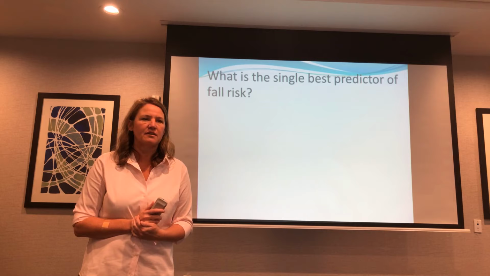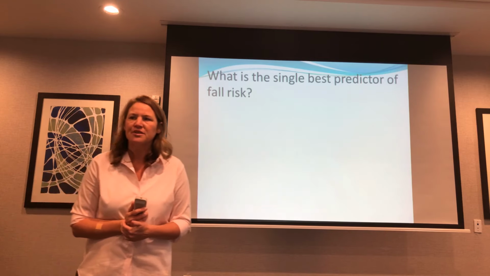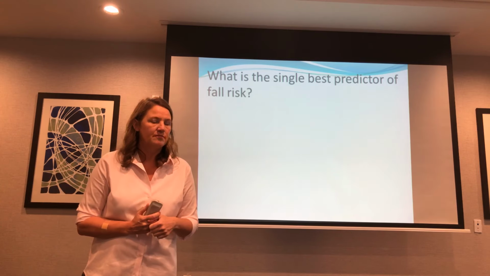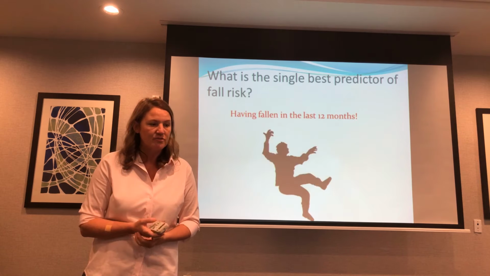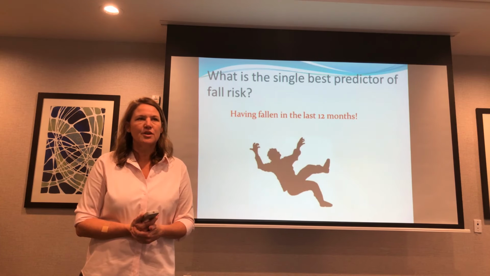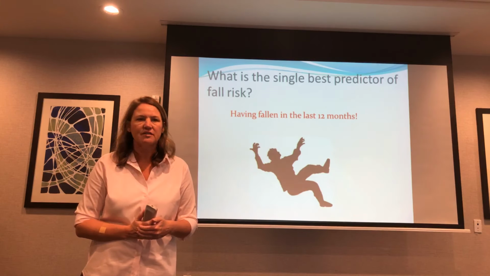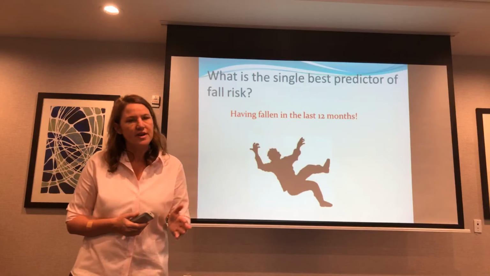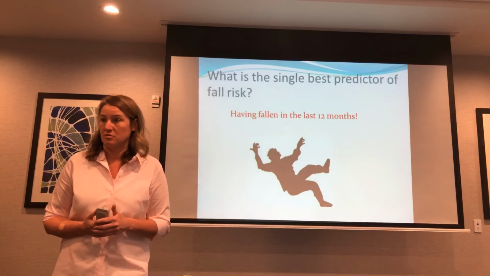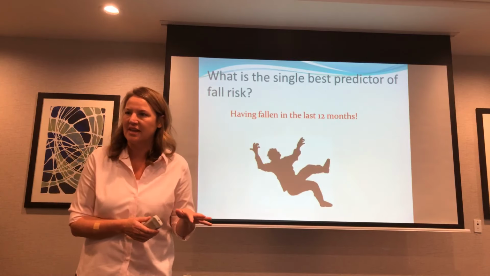Don't look at your book yet. What's the number one thing? There's one question you can ask that's going to be the best predictor of whether they're a fall risk, and that's: have you fallen? Basically, have you fallen in the last 12 months? But you have to ask it right too, because many people don't consider it a fall. They'll say, maybe I tripped, an almost fall, or I would have fallen but my spouse grabbed me and I didn't fall, or yes, I fell, but I fell on the bed, so that doesn't count.